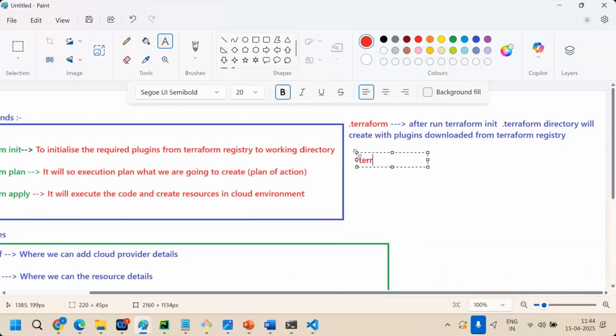Next is what? The Terraform lock file enables locking for the existing version.